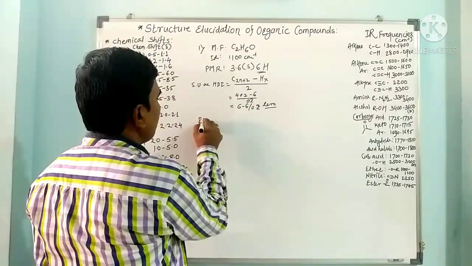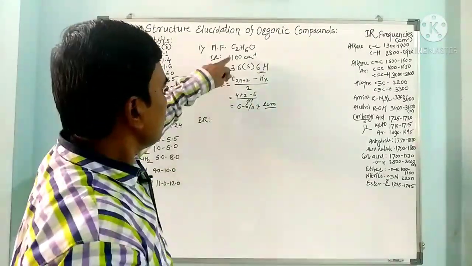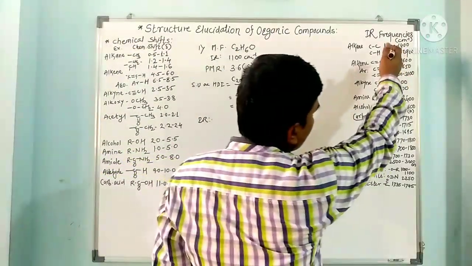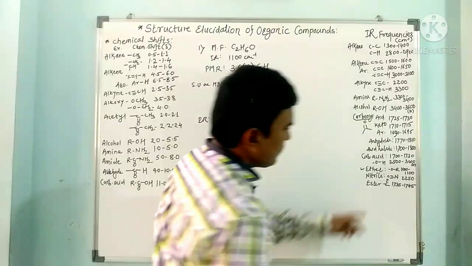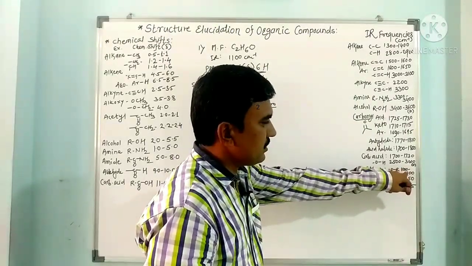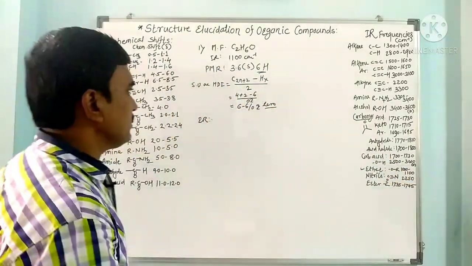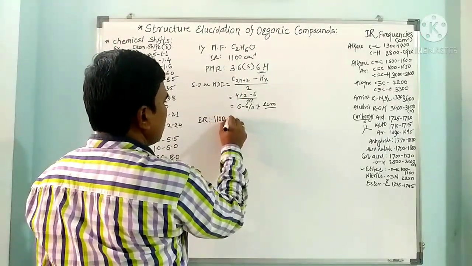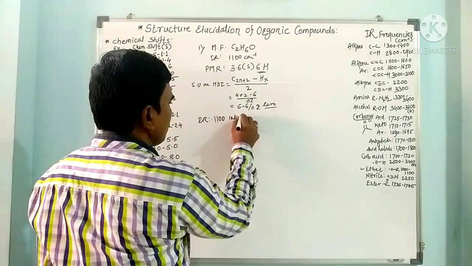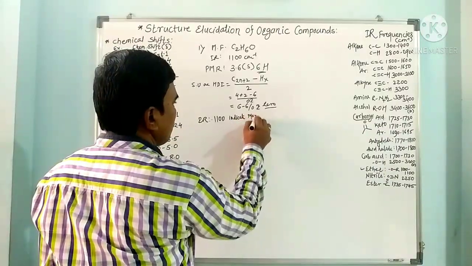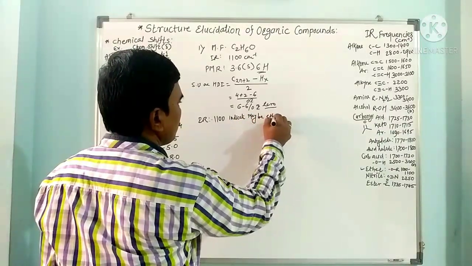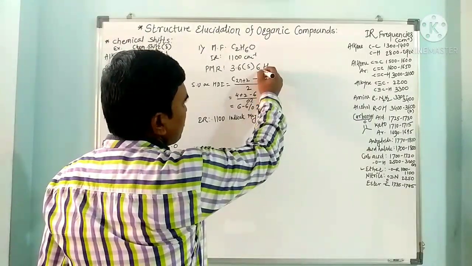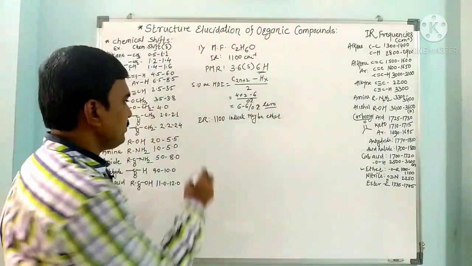First of all we have to see IR. In IR, this 1100, if you see the frequency, this ether C-O is having 1000 to 1100 per centimeter. So from this IR, 1100 indicates it may be ether. So it may be ether, and here these 6 hydrogens in PMR